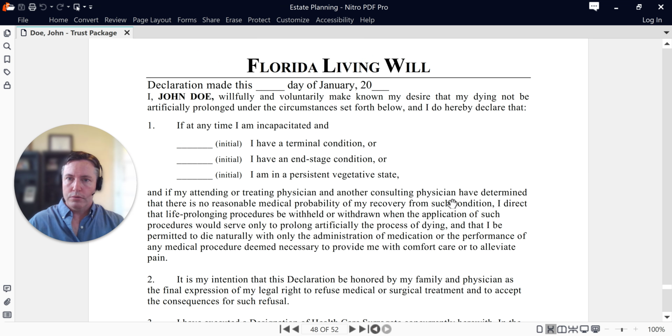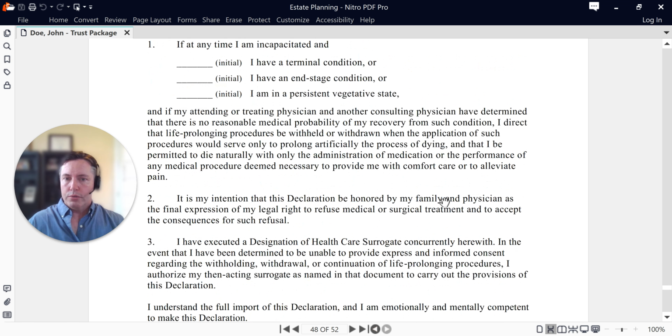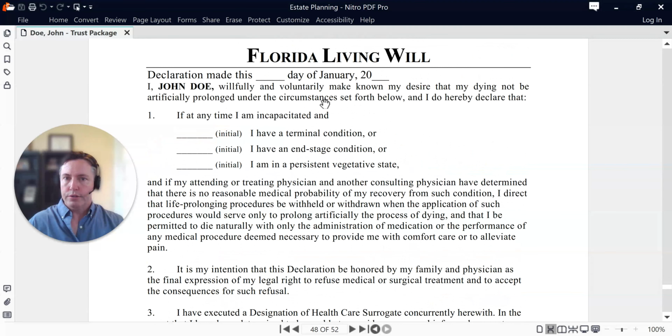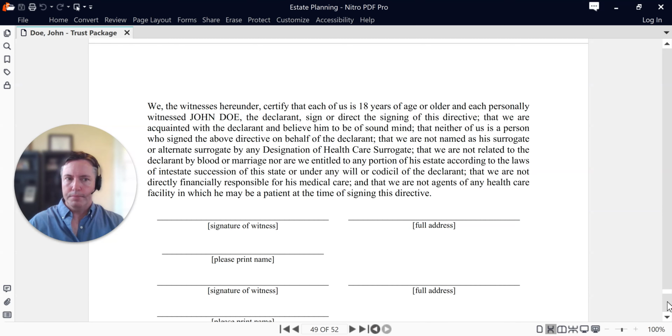And a living will, which you'll notice we're not choosing anyone on here, we're just deciding what circumstances would come into play where you wouldn't want life-prolonging activity to continue. So if you're incapacitated, you can initial 1, 2, or all 3 of these. So whatever you've initialed, you're in that condition, and the doctors feel like there's no hope, you're saying you don't want things prolonged unnecessarily.